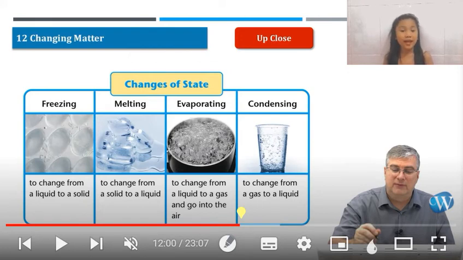And the last one is condensing. It means to change from a gas to a liquid. This is when the gas up in the sky is too heavy, right? Or the weather is too cold, then it will fall down to make rain or snow, right? If it's rain, then we can collect those liquids right away. But if it's snow, then we need to wait for it to melt. Okay? So remember,